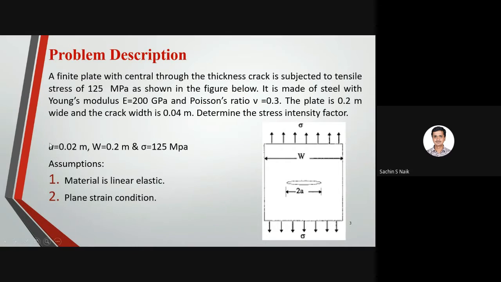So I read that, generally in fracture mechanics problems, the total crack length, because of the symmetry, is described as 2A instead of A. It provides some ease in calculations at a later stage. So you call it 2A, and since the crack is 0.04 meter wide, half of it is going to be your crack length A, and that is to be written as 0.02 meter. That is 20 millimeters, and the W, width of the plate, is given as 0.2 meters.